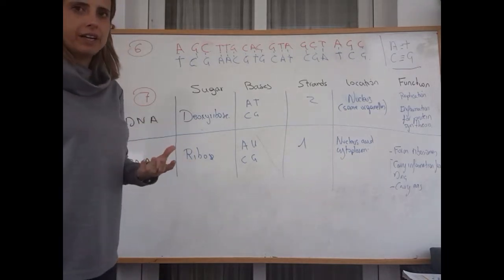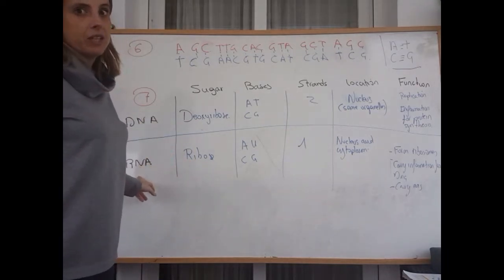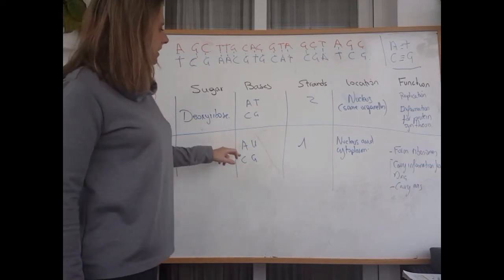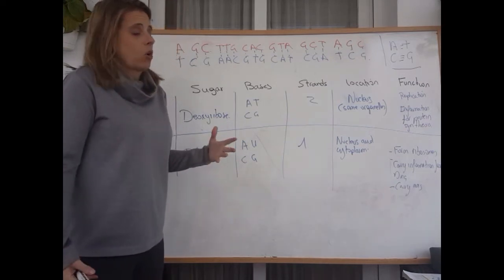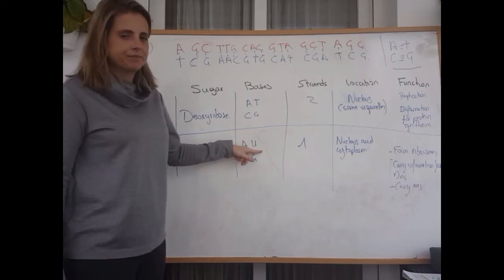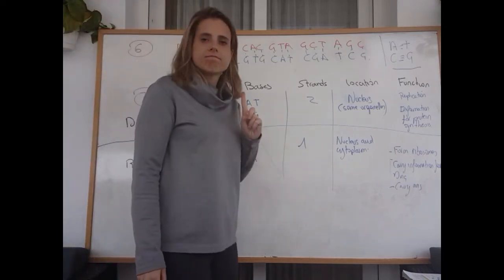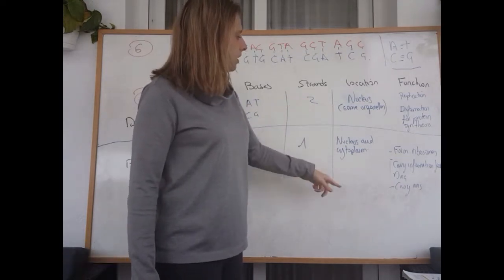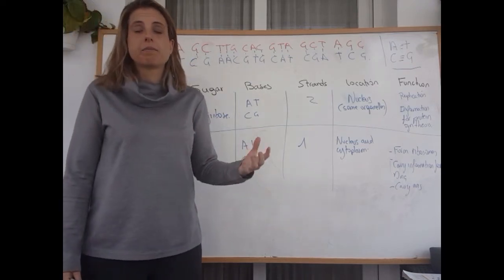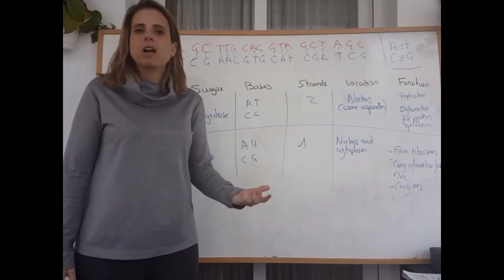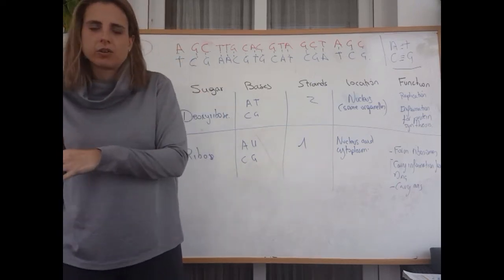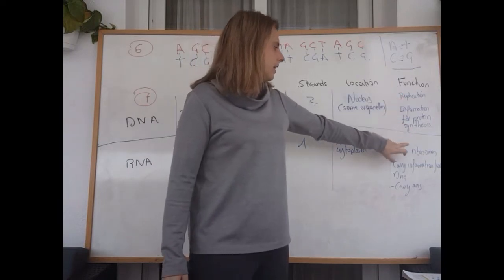Then you have RNA. As it is a ribonucleic acid, the sugar is going to be the ribose, right? Then the bases are going to be almost the same except for the thymine. Here we don't have thymine, we have uracil, right? How many strands? One. The location, you can find RNA inside the nucleus, the messenger RNA or the ribosomal RNA. They are going to be in the nucleus, then they are going to get outside,